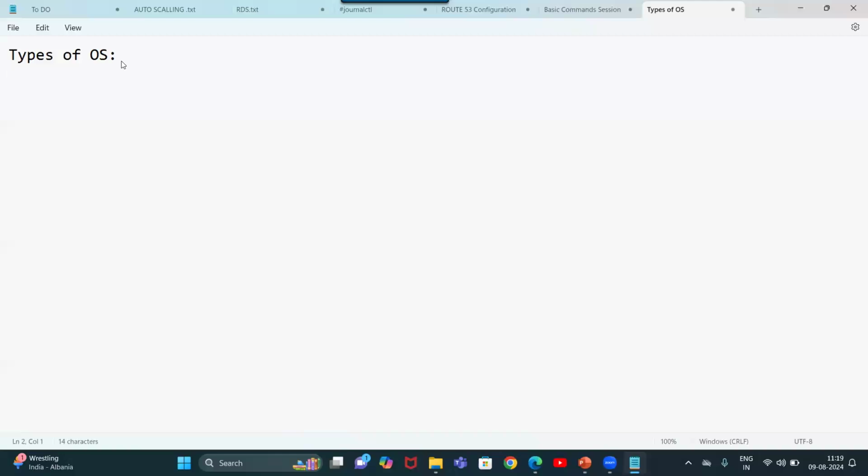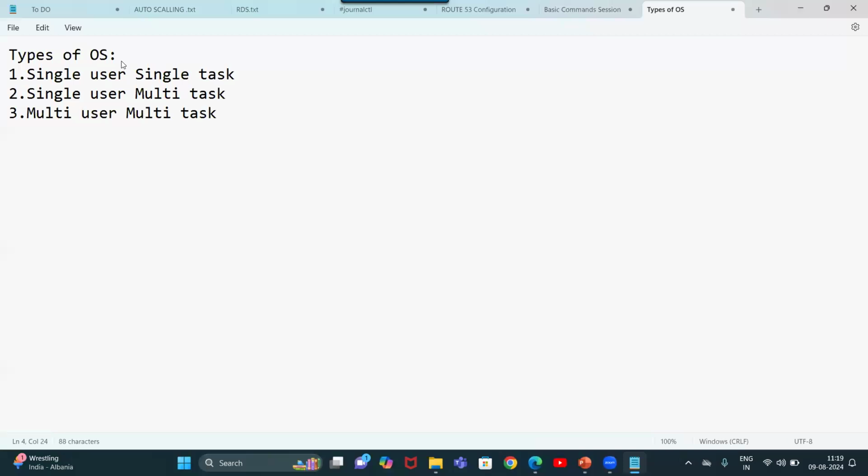In operating systems, we have types like single user, single task; single user, multitask; and multi-user, multitask.